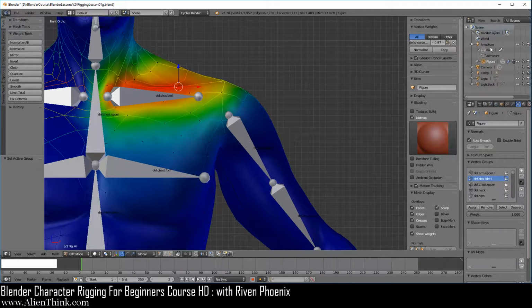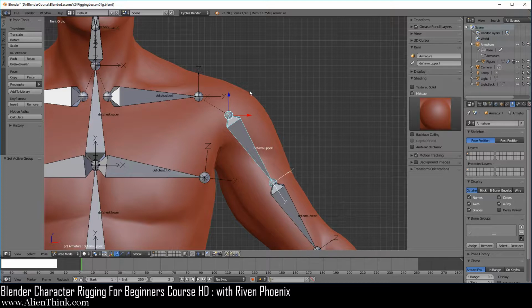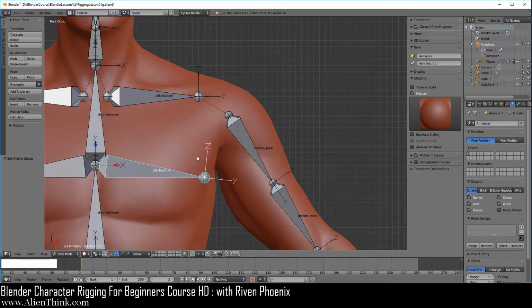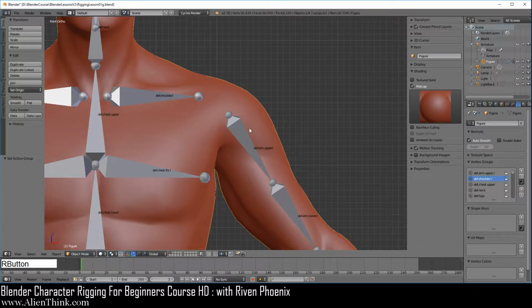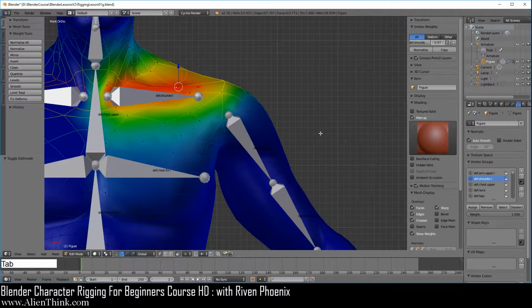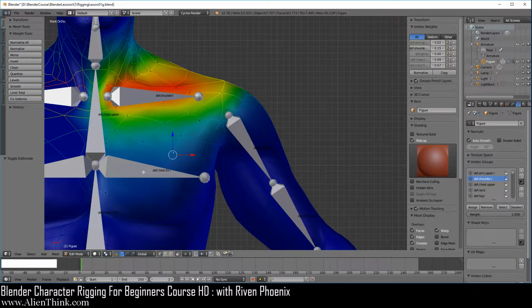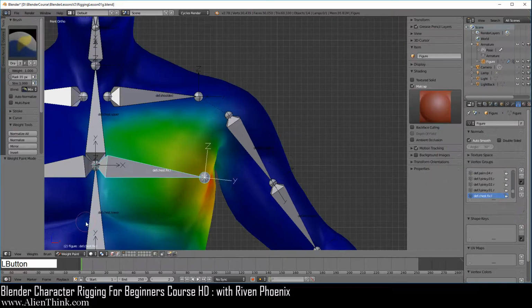So if you notice, when you click on the armature, when we click on, let's say, this bone over here, and then go back to the figure and press the Tab key to go into edit mode, we can't actually switch between the vertex groups in this way by simply clicking on the bone. And in edit mode, we can only click on the vertices. We can't actually click on this bone. Okay? So now let's go ahead and switch to weight paint mode over here.